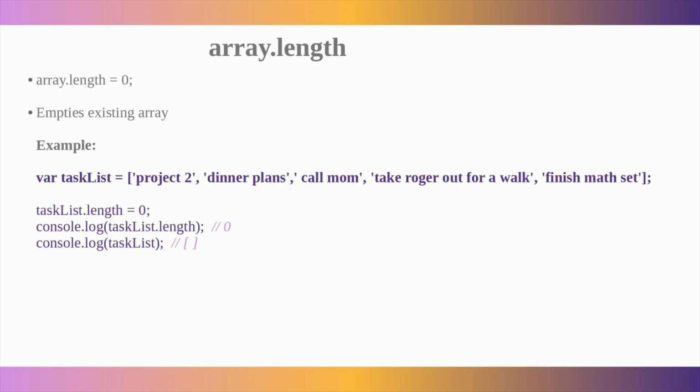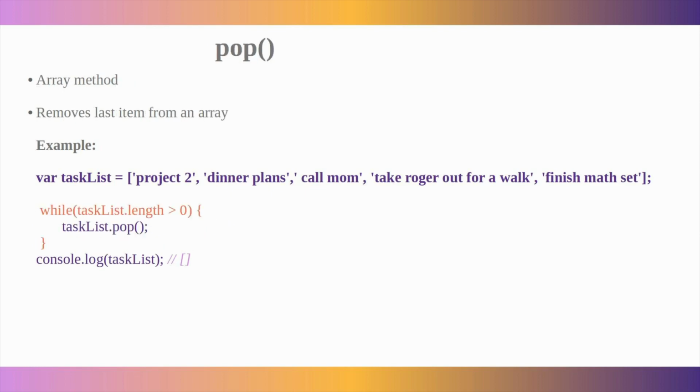Okay, moving on, let's now discuss the second method of emptying an array. The length property of an array returns the number of items in an array. In order to empty an array, we could simply access its length property with the dot notation and then assign the array a length of 0, which means the number of items in the array will now be 0 or no items at all.